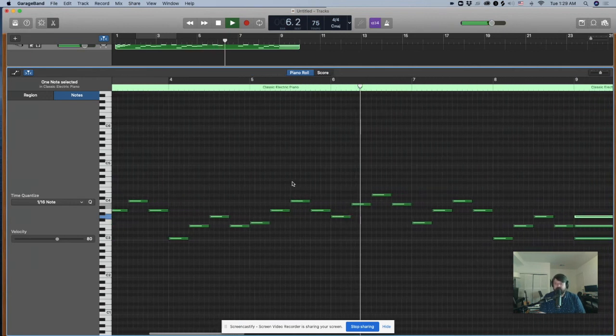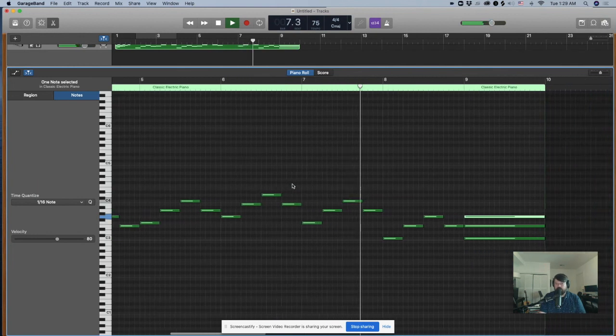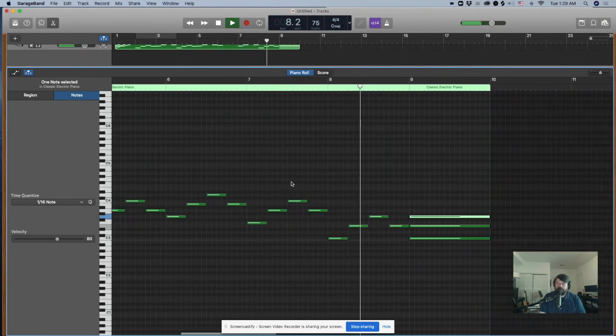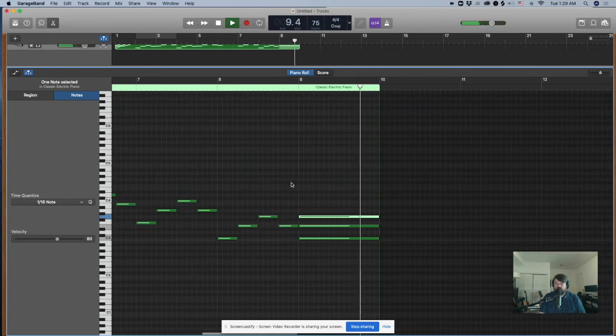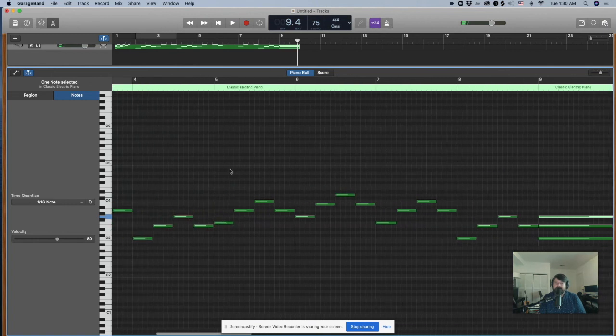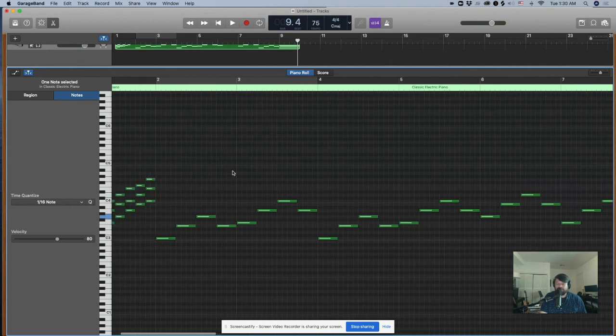5 chord, 4 chord, 1 chord. Dope. Now, upon listening to my song, I thought, I really wish I had one minor chord in there to